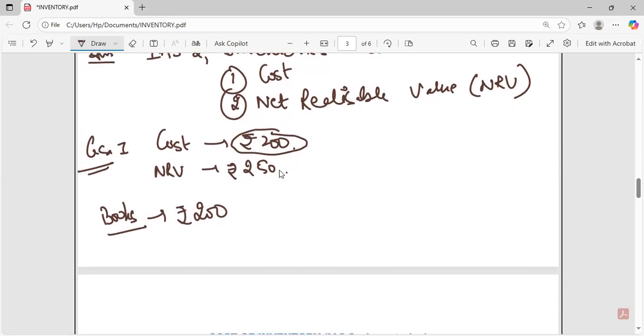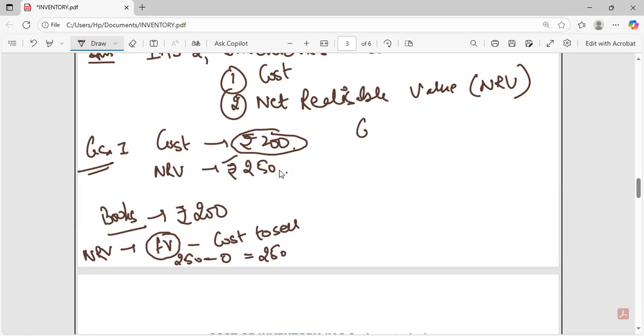Before moving on to the second case, I would like to discuss this NRV. The formula for this NRV is fair value less cost to sell. Fair value means when I will go to the market to sell my pizza, how much will I get? Okay, so let us suppose when I will go to market to sell this pizza, I will get 250 and my cost to sell is 0. Okay, I do not have to incur any cost to sell my pizza. So I would say that my net realizable value is 250, which I took over here, right?